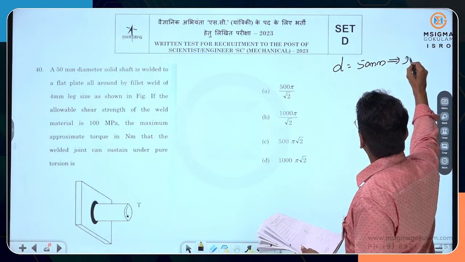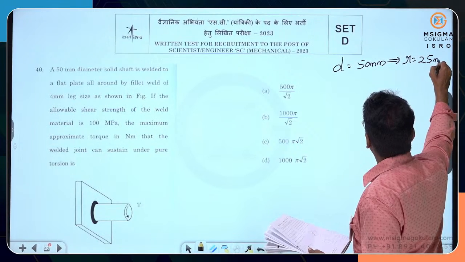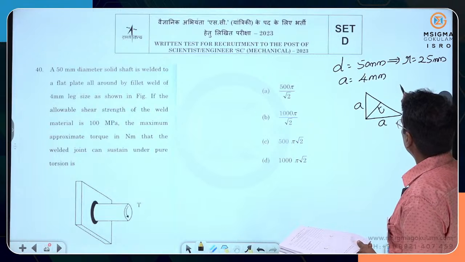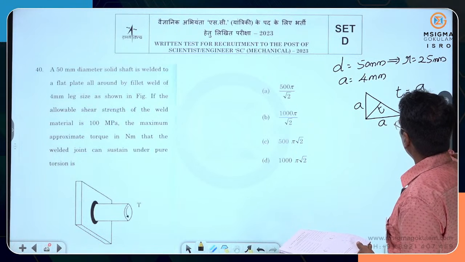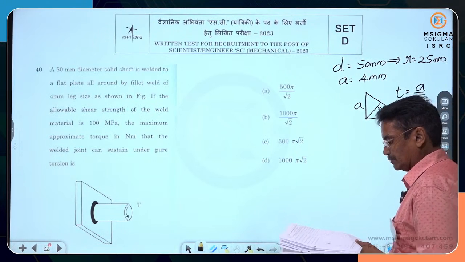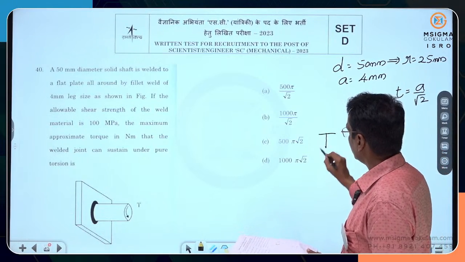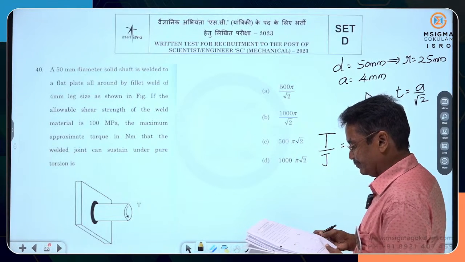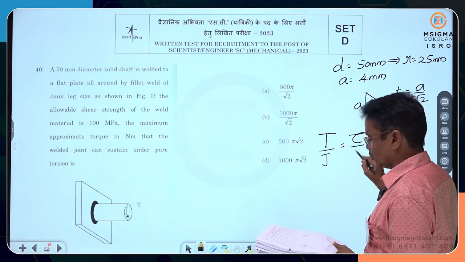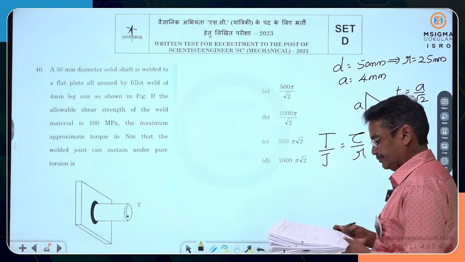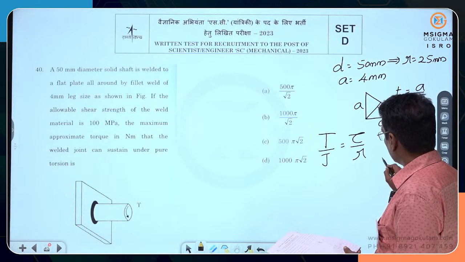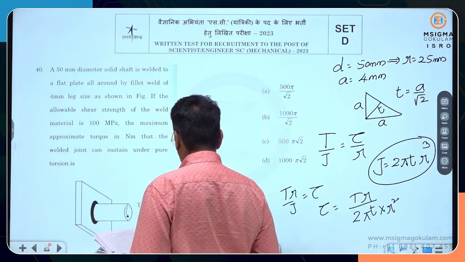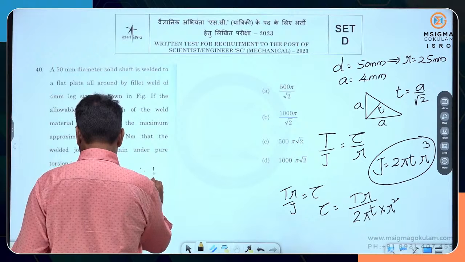Therefore, radius is 25 mm. This T will be A by root 2. T by J or IP, also we can call, is tau by R. This J will be, therefore the torque will be,